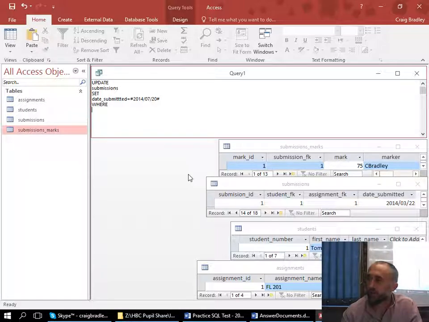Now we want to say where the student underscore FK is equal to 2. Now we also want to do AND assignment